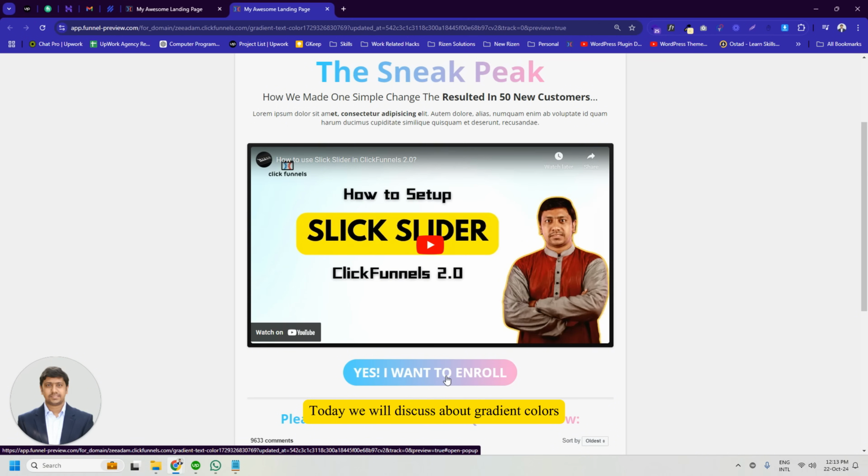Today we will discuss gradient colors in call to action buttons. Gradient colors can make call to action buttons more visually appealing, attention grabbing, engaging, and lead to improved user experience and increased conversion. Now let's dive into a simple CSS trick to set gradient color for buttons on your ClickFunnels